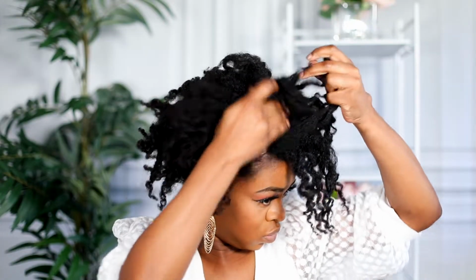Okay, again, I don't know if I'm feeling my actual hair, but I think it's cute. I'll wear this as an afro, but it's still cute. I mean, if you like it, you can rock it, okay? Yes. All right, now the next hairstyle